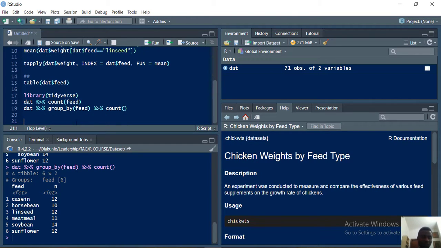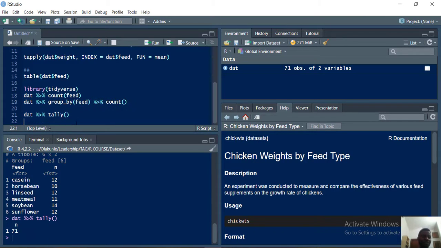As much as we can use count, there is also another interesting function that performs exactly what count does, and that is tally. So let's say we have that $, and then we say tally. Let's see what will happen. When I run this line of code, we could see that tally gives us something quite different. One thing we must understand when using tally is that it assumes that the variables are grouped. So we're going to have a different result if we group them, say group_by feed, and then use tally